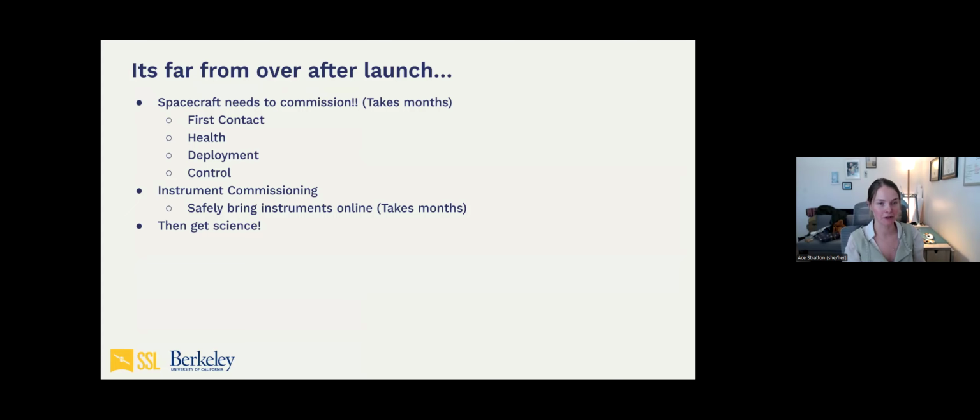So after launch, your spacecraft needs to go through something called commissioning. Commissioning is where you gently wake your spacecraft up and you say, hey, are you okay? Are you all right? Can you deploy this? Can you deploy that? So first, you get your first contact, in which everyone cries almost every single time, who's really invested in the system, where your spacecraft woke up on its own and it beams down to Earth and it says, hello, I'm alive. And you go, oh, thank goodness it's alive. Then we learn about its health. We go, did you survive? Do you have any bumps on your head? And it says, no, I'm okay. And we go, all right, can we deploy your solar panels? And it says, yes. And it deploys the solar panels.